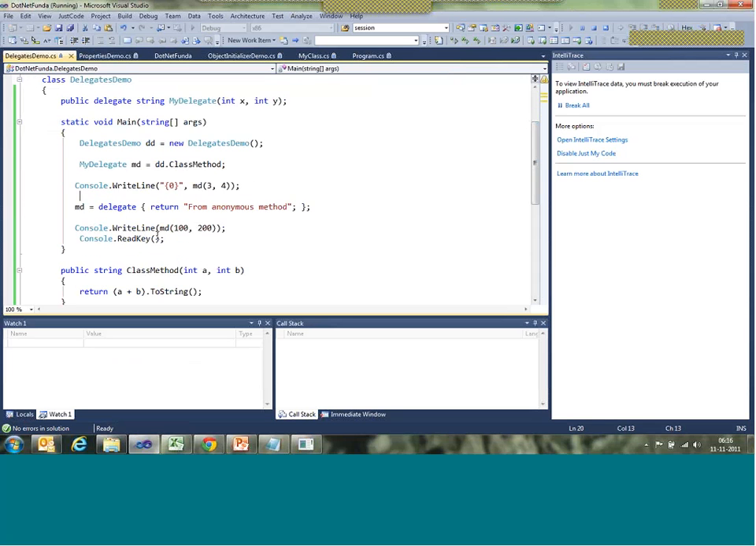So after the previous code, what I'm doing is creating an anonymous method. In the earlier example, I created a method with the name class method and made my delegate represent that method. Now I don't have any method already defined. I would like to create a new method, and at the same time, I would like my delegate to represent that. So here we can use the delegate keyword